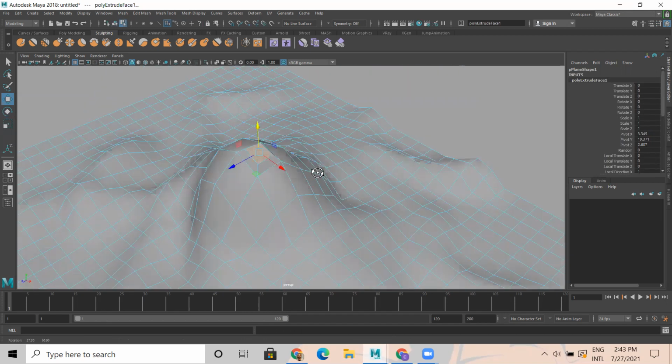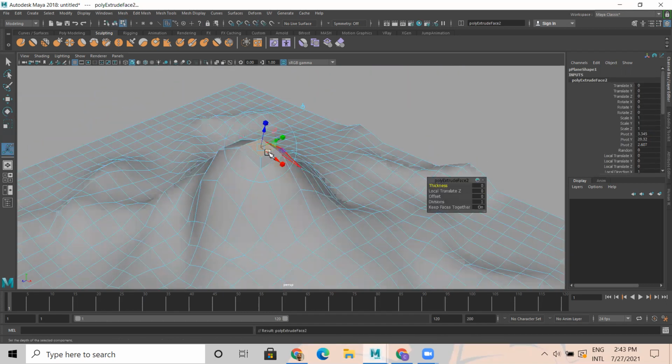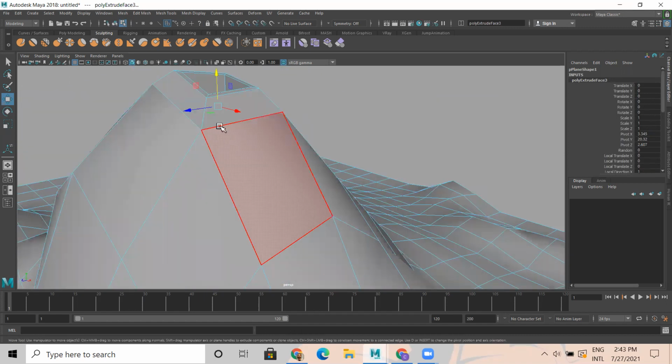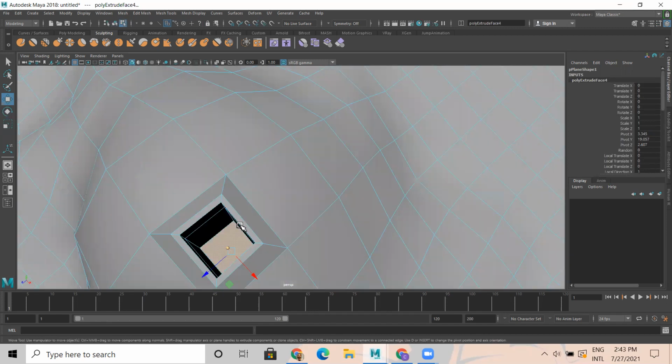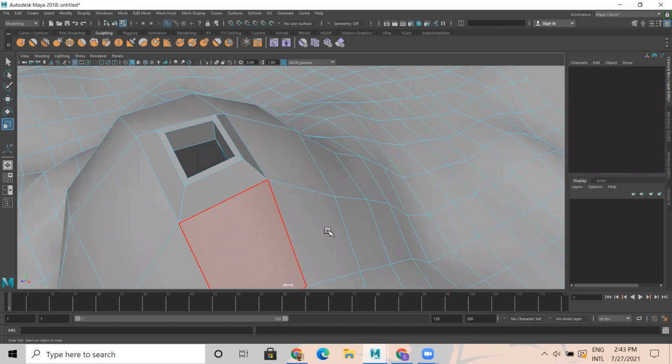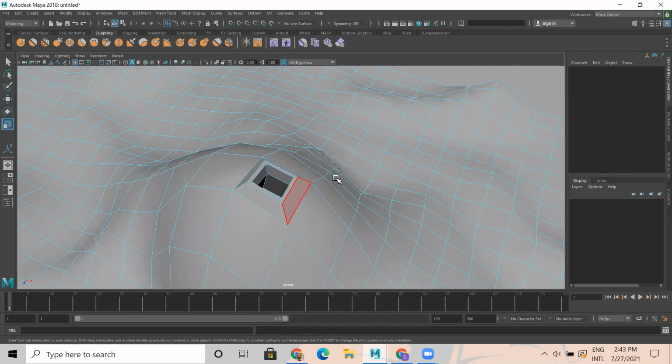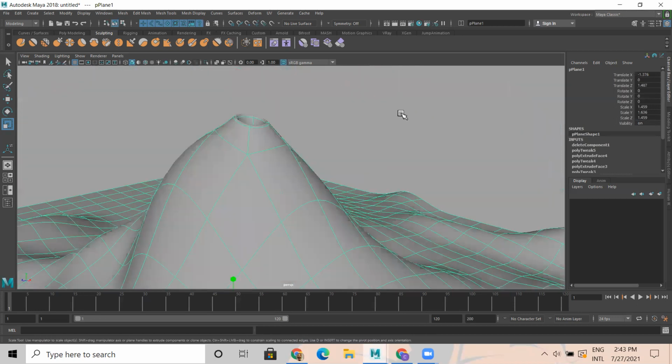Then again I extrude inside, again I extrude inside like this. And I'm going to delete that face. So you select this and press 3, you have it like this.